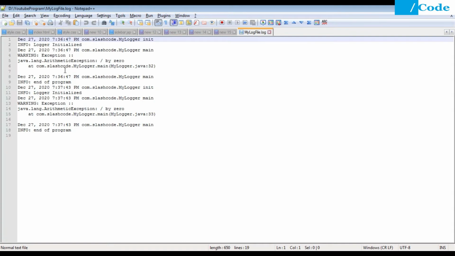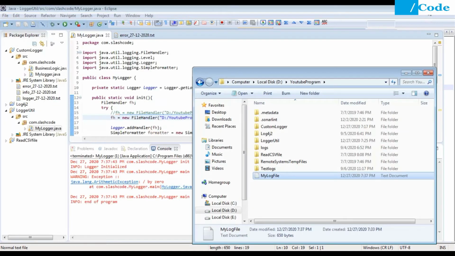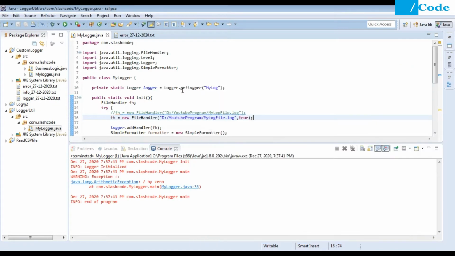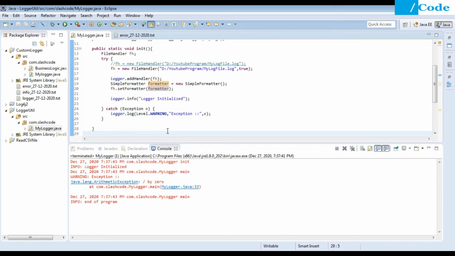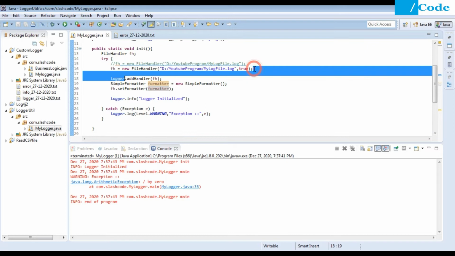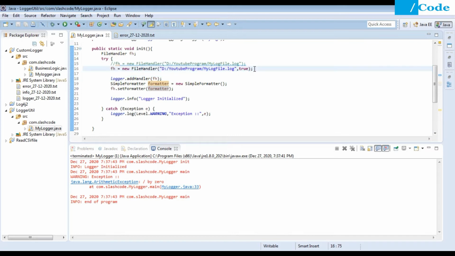So if you see, yeah, it is getting appended, 737 after 736. So to append the data inside this file, we can directly do this: we need to pass only the second parameter as true, so that it will append inside my file.